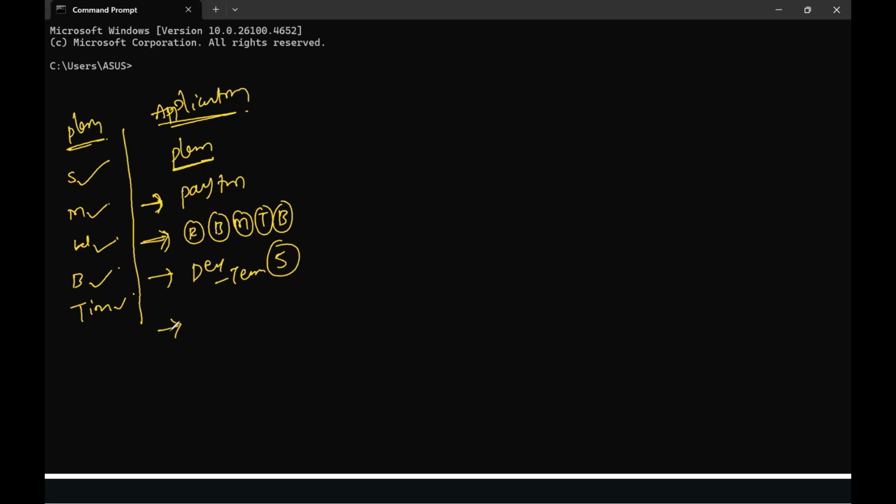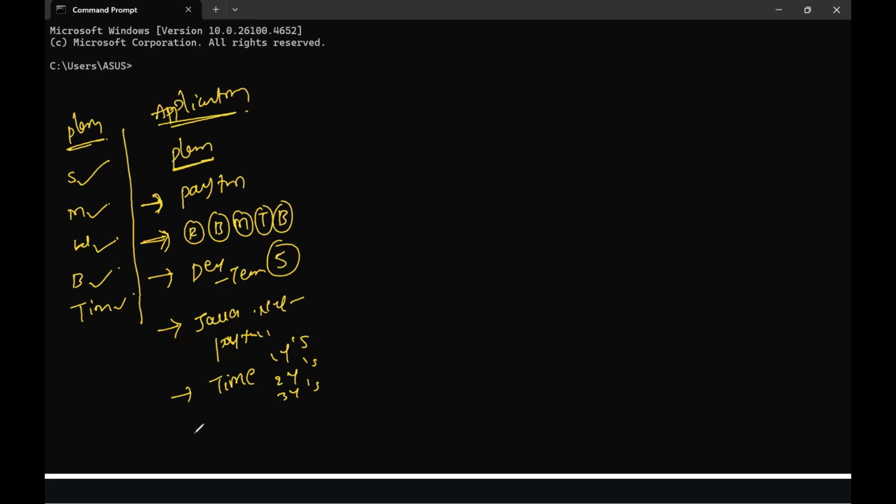The next one is on which technology you want to create your Paytm application. In the market, we have a number of technologies, right? We have Java, .NET, Python. Next, what is the timeline for your application? You want to create it within 1 year, 2 years, or 3 years.